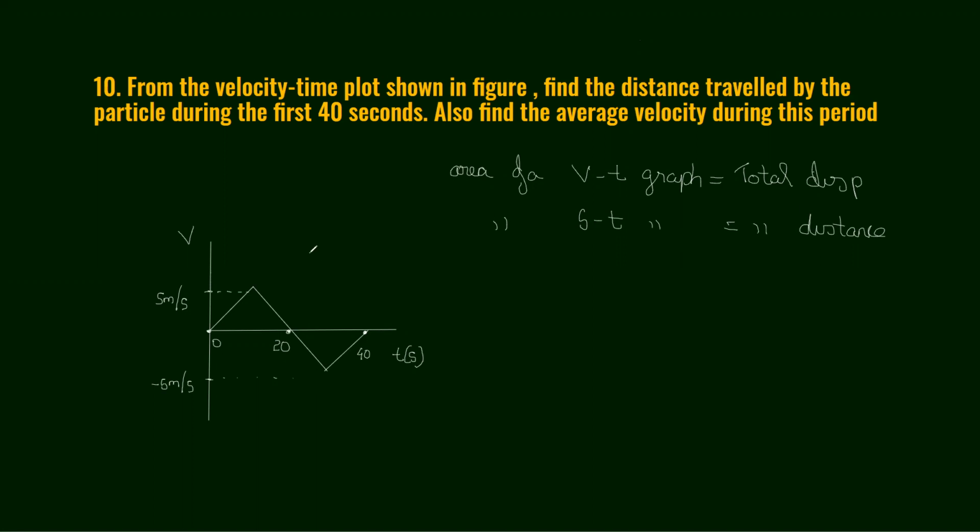So this is a velocity time graph. We know that speed equals mode of velocity. Okay, that is speed. So first we convert this graph into a speed time graph. From this graph, we are creating a speed time graph. So this is speed. This is 5. So speed is the mode of the velocity. It will be like that. So the negative portion also becomes positive.